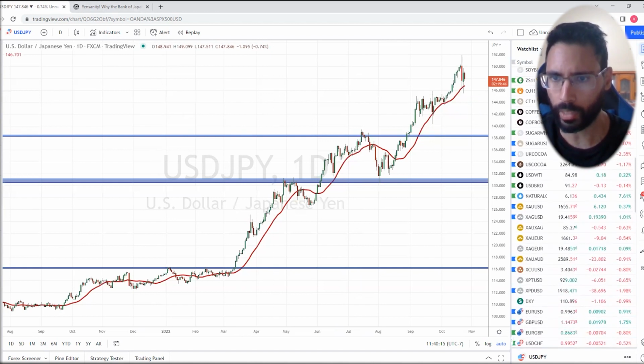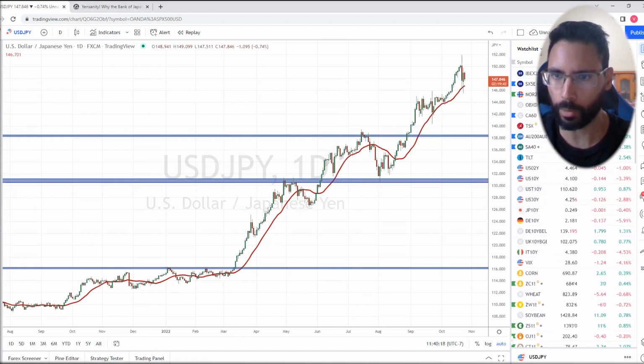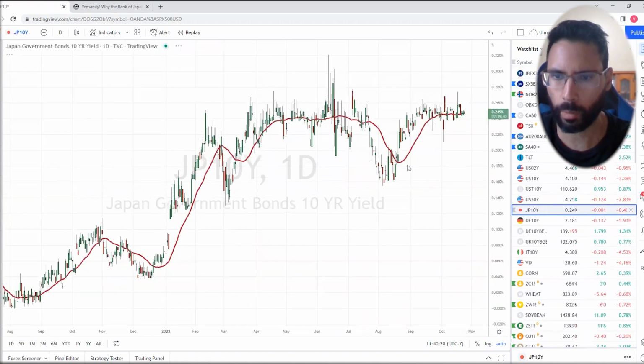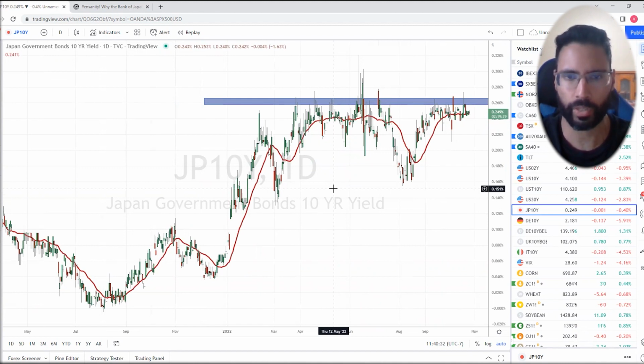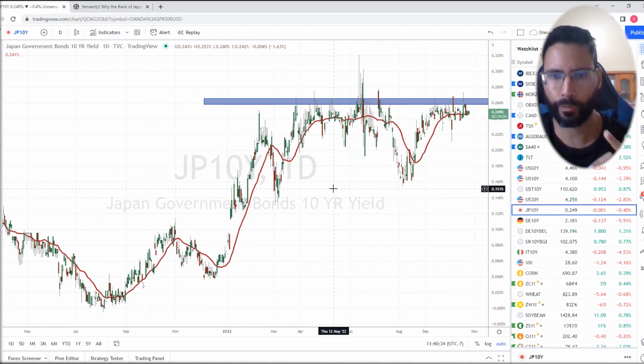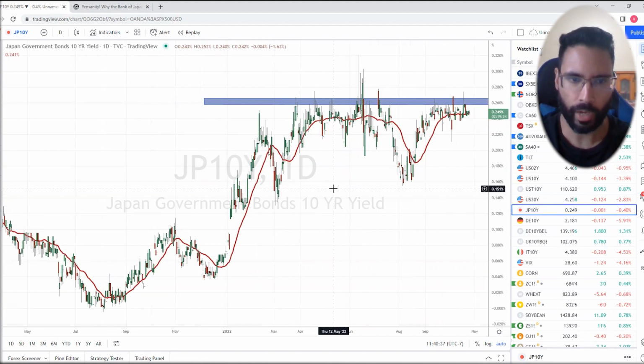You guys know about the bond yield, right? The 10-year JGB. So this happened months ago, where the Bank of Japan said, hey, look, we're going to print unlimited yen in order to buy unlimited 10-year JGBs in order to ensure rates do not go above 0.25% on that 10-year. And this is very important because, as many of you guys know, Japan is the largest owner of US Treasuries. It's not China, it's Japan. And the Japanese investor is also buying other high-yielding debt around the world.